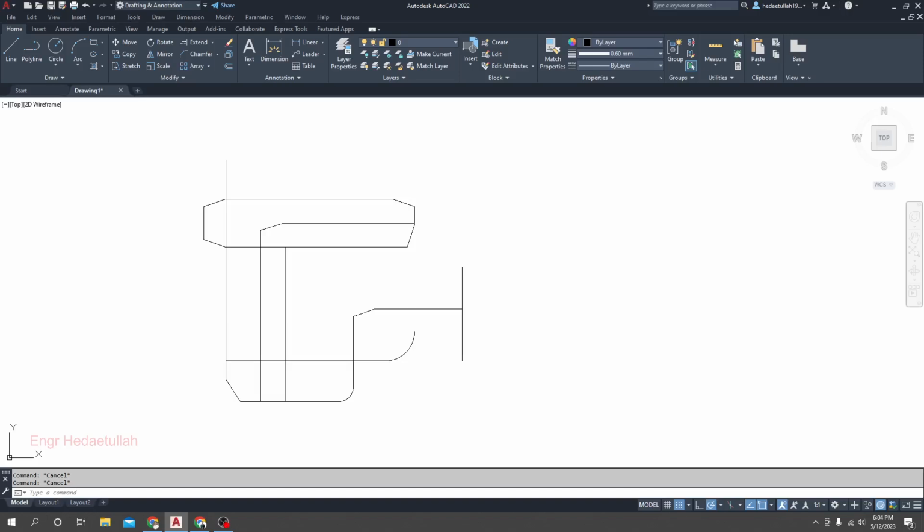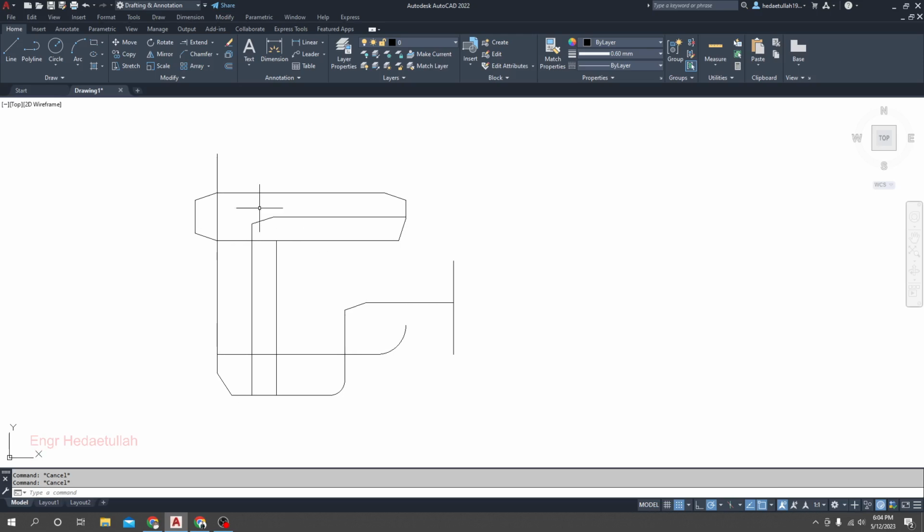Now we learn about the copy command. So what is the meaning of copy? We all know about that. So what is the copy? Copy means you have an object like that and you need to copy it. That's it. So to copy it, you simply click here